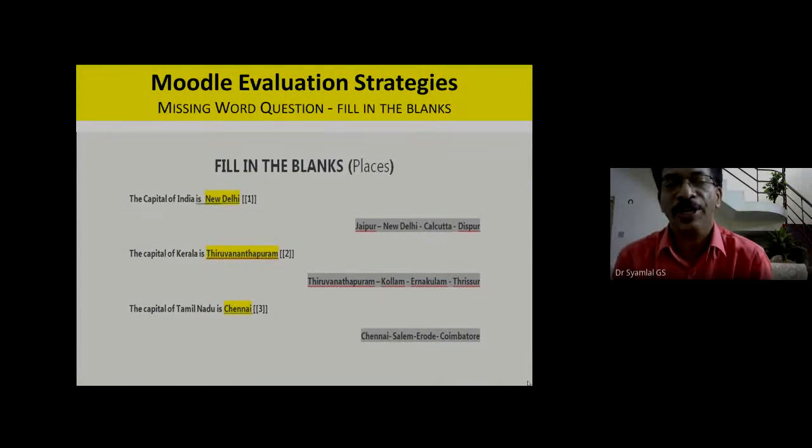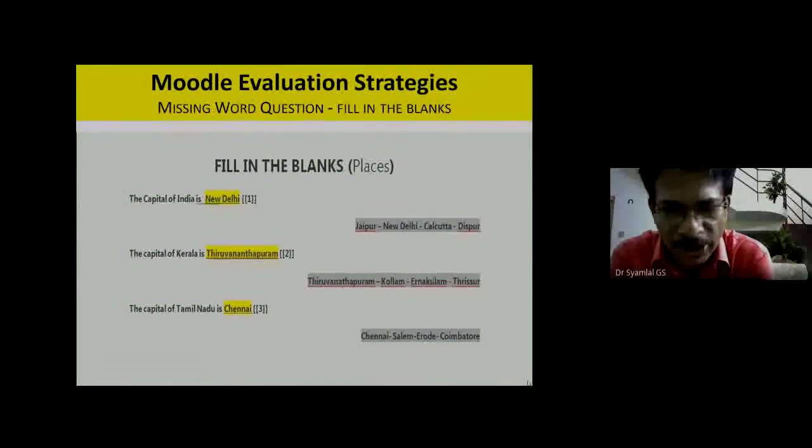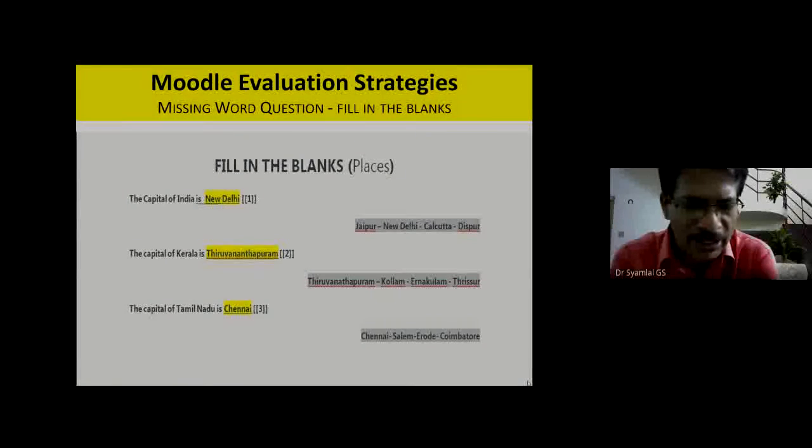The capital of Kerala is Tirunelveli. You can give the same question with the following answer. If you are interested in giving the capital of your place, it is well and good, but follow this instruction. Tirunelveli, Kollam, Ernakulam, Thrissur. When you are using your capital, remember to give the name of the district along with that. What we want is, as a student, you want to confuse him. So give them the familiar districts closer to the capital district.